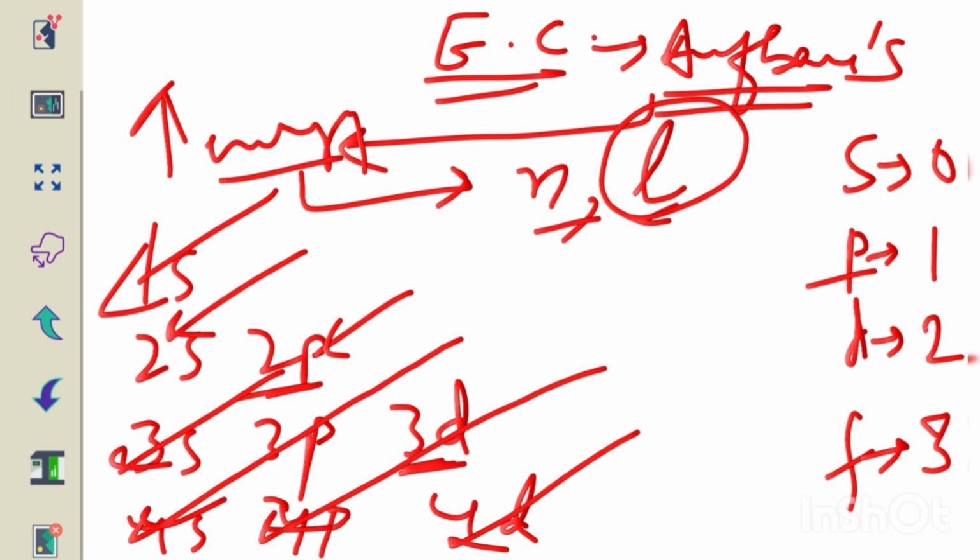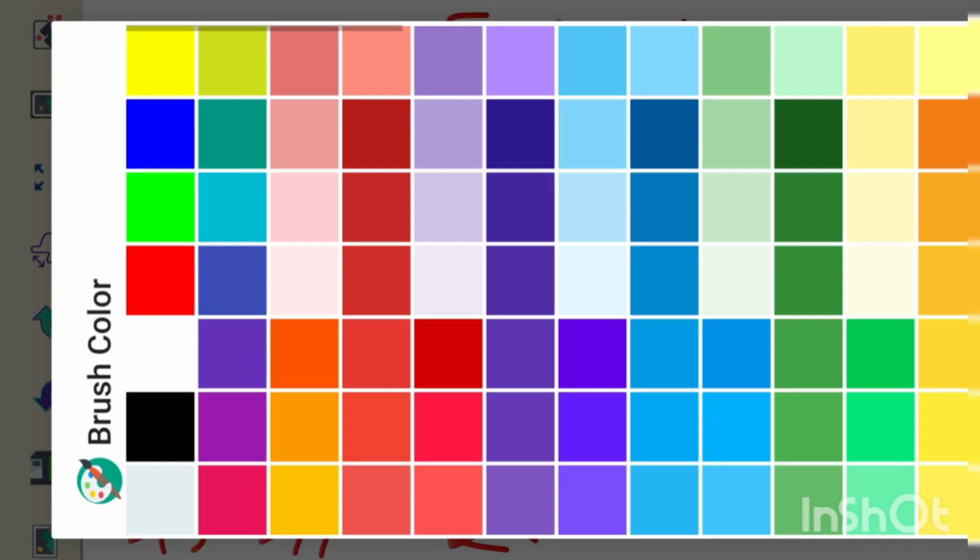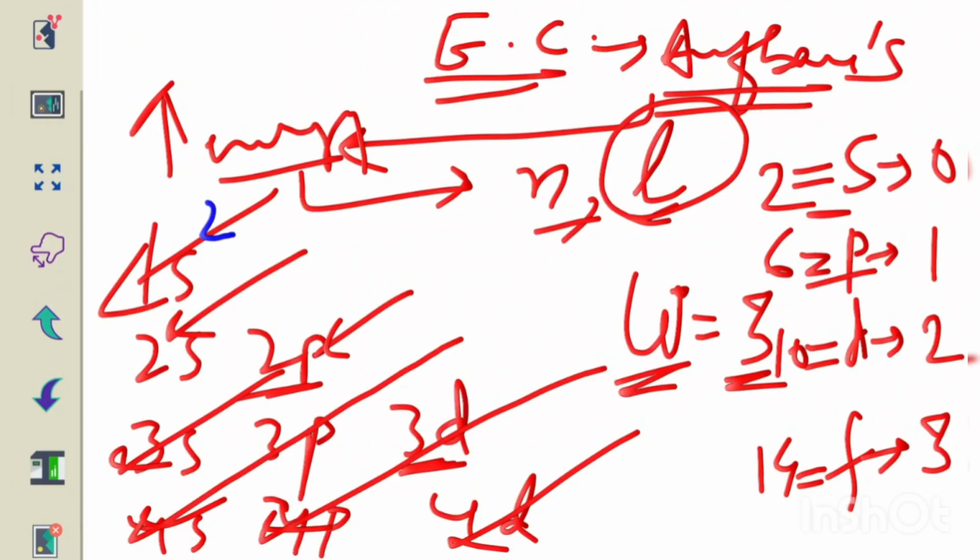But most students get confused while writing the exact configuration of the given element. For example, we have lithium. The atomic number of lithium is 3, as we all know. When we start filling the electrons in this, as we already know, in s we have 2 electrons, p has 6 electrons, d has 10 electrons, and f has 14 electrons, right? So the electrons will be like this: 1s2, 2s2, 2p6, 3s2, 3p6, 3d.